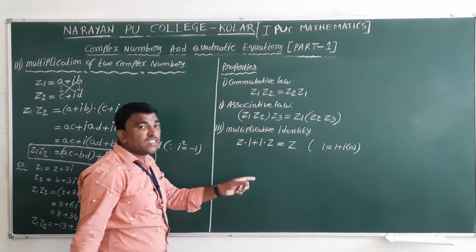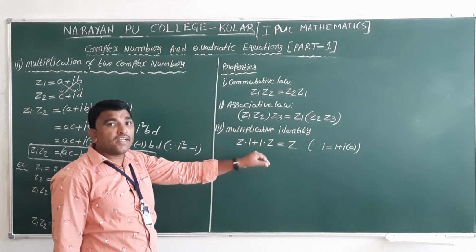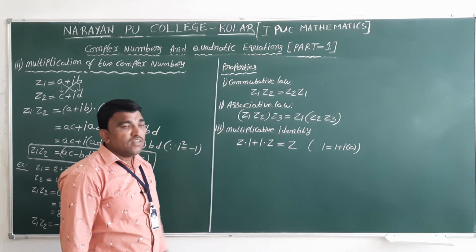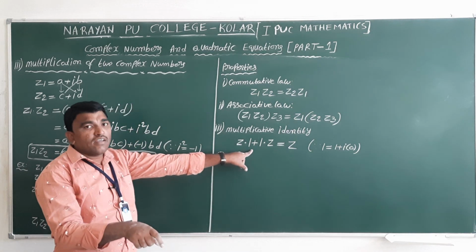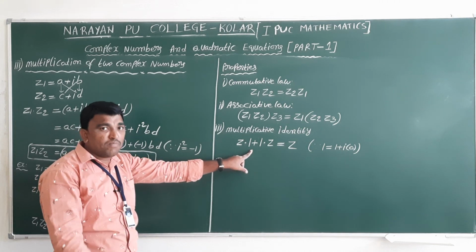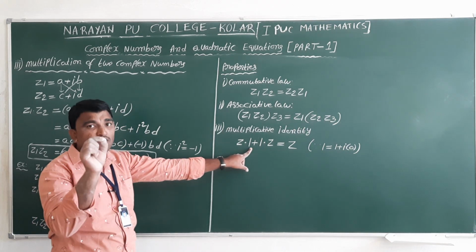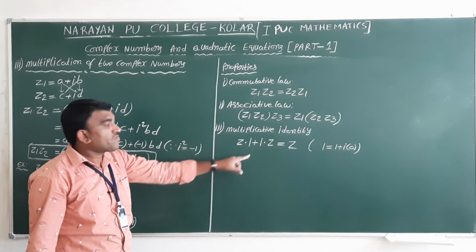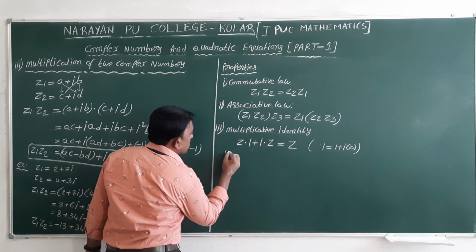So 1 is the multiplicative identity of z. In general, what is the multiplicative identity of a given complex number? We can say it is always 1,